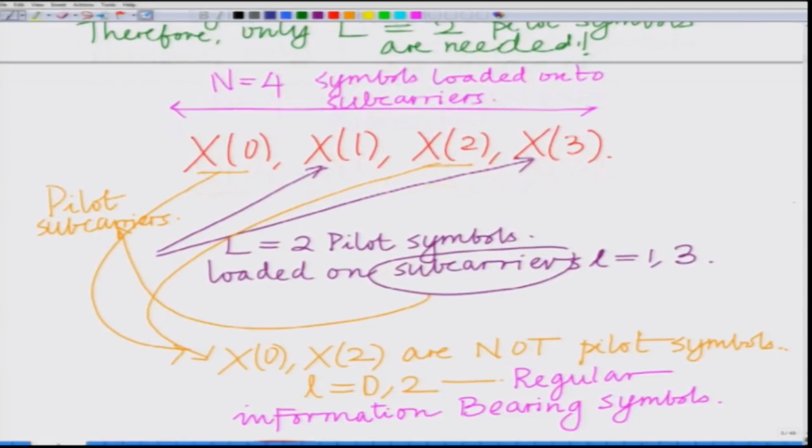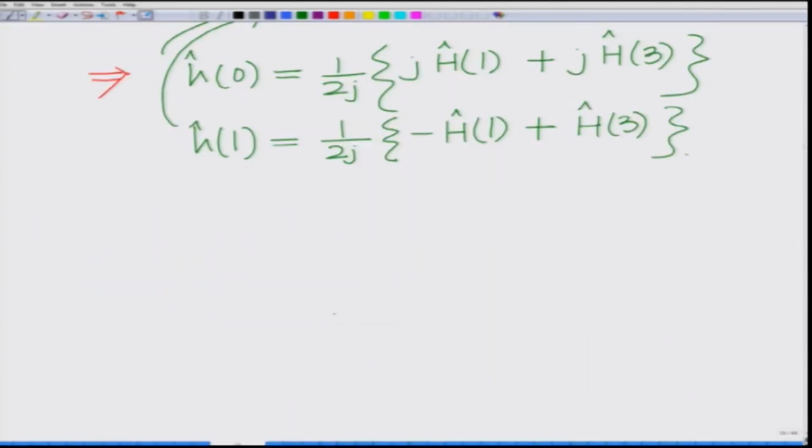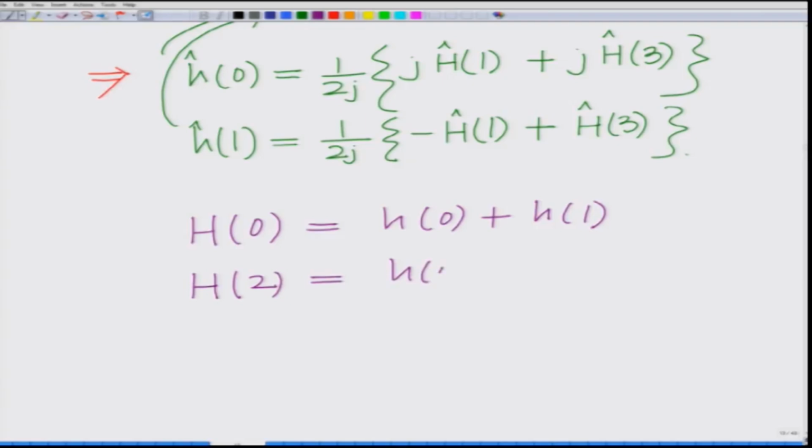So, what I have is capital H0 equals small h0 plus small h1, capital H2 equals small h0 minus small h1, and now I can do these estimates as capital H hat 2 equals